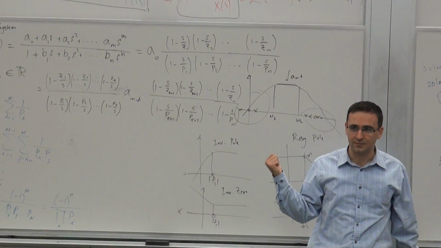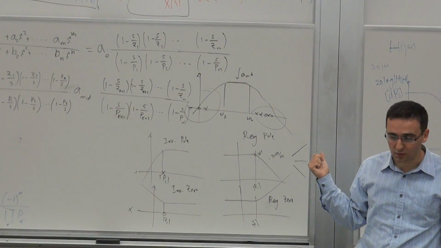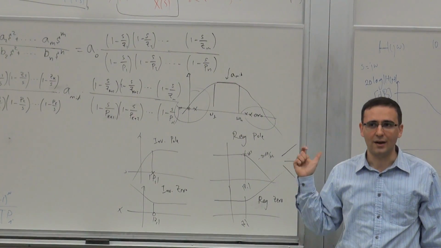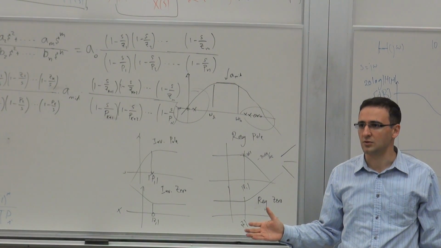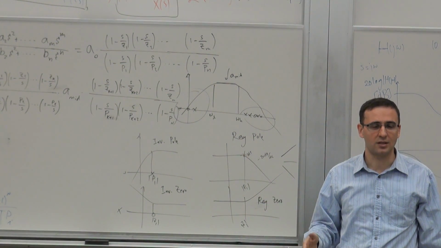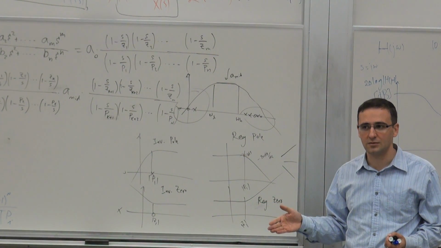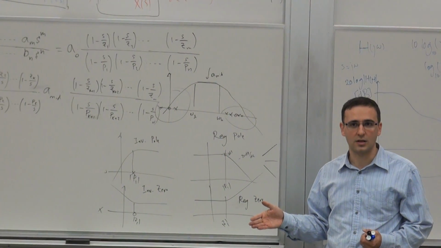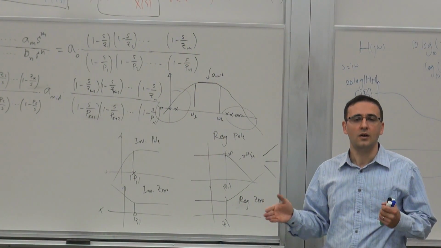Any questions on this material that we've covered so far? Everyone is comfortable with Bode plots, right? You know what a pole does on a Bode plot, what a zero looks like on a Bode plot, what the phase and the amplitude of a pole look like? Everyone's comfortable with that? Good. All right. So let's take a